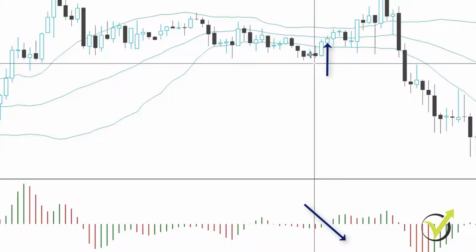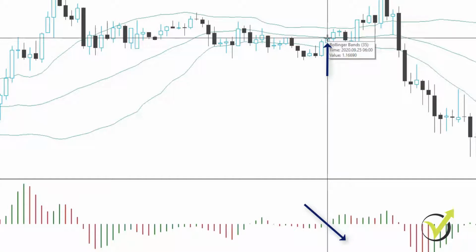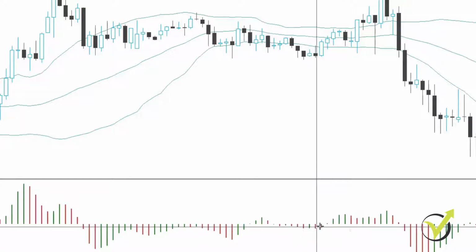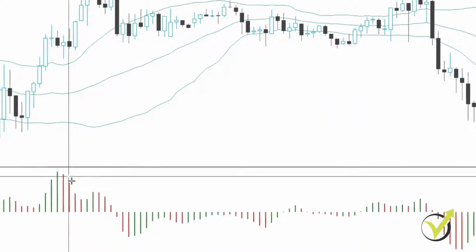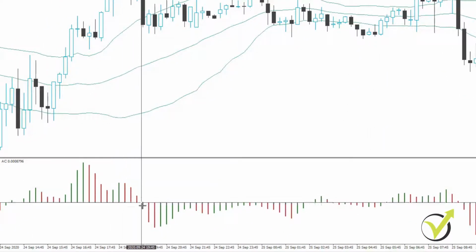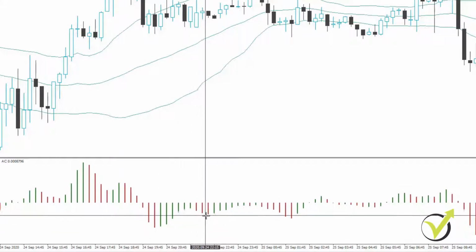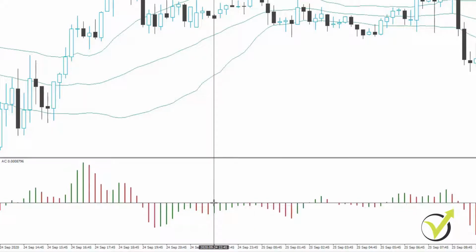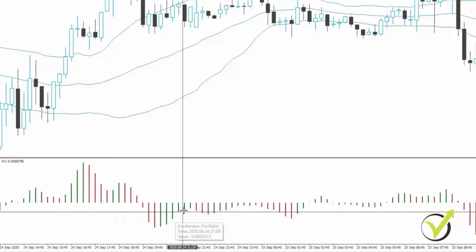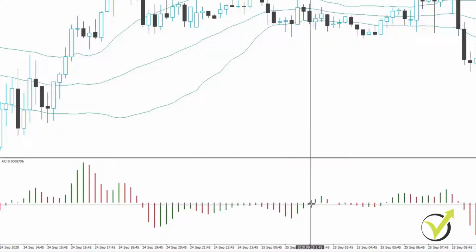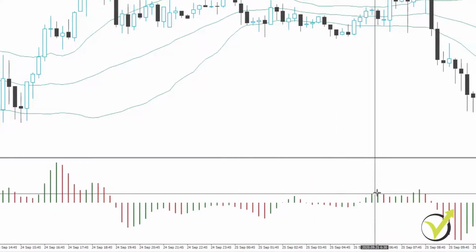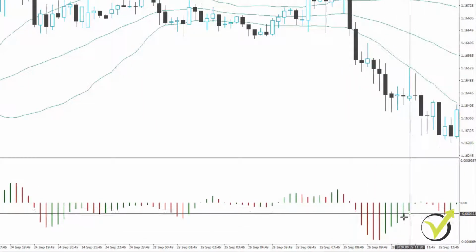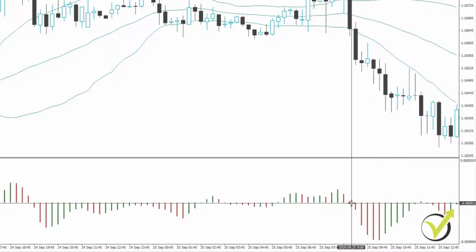And in this case, with this example right here that I just took randomly, you can see that the accelerator oscillator crosses upwards. Okay, so the accelerator oscillator is if you connect the bars or the ending of these bars, I can say. So in the middle we have the zero line, and then if you connect the tops and the bottoms of the green and the red bars, you will have this imaginary line, and when it crosses the level line, this is the confirmation.